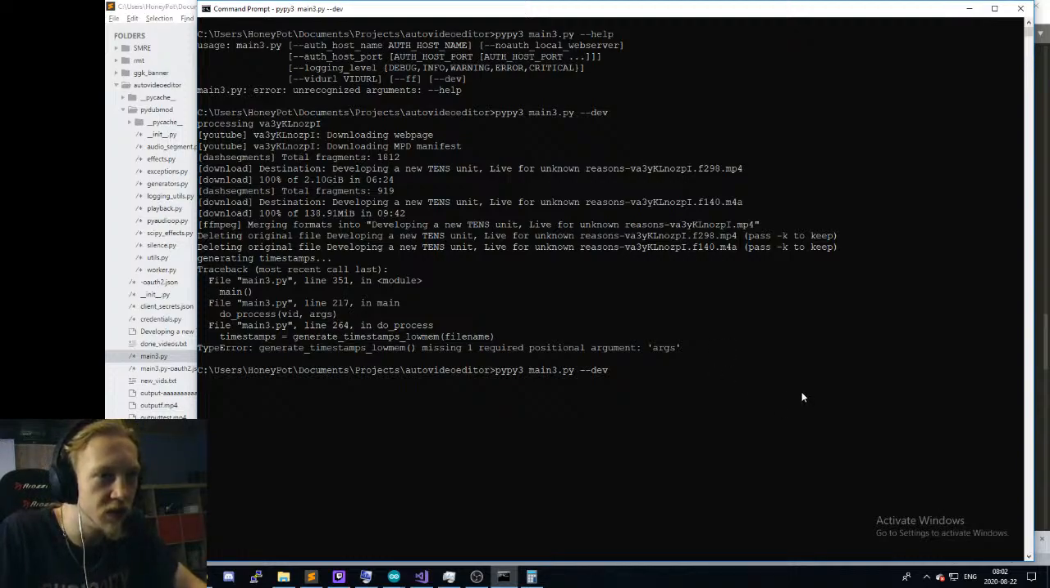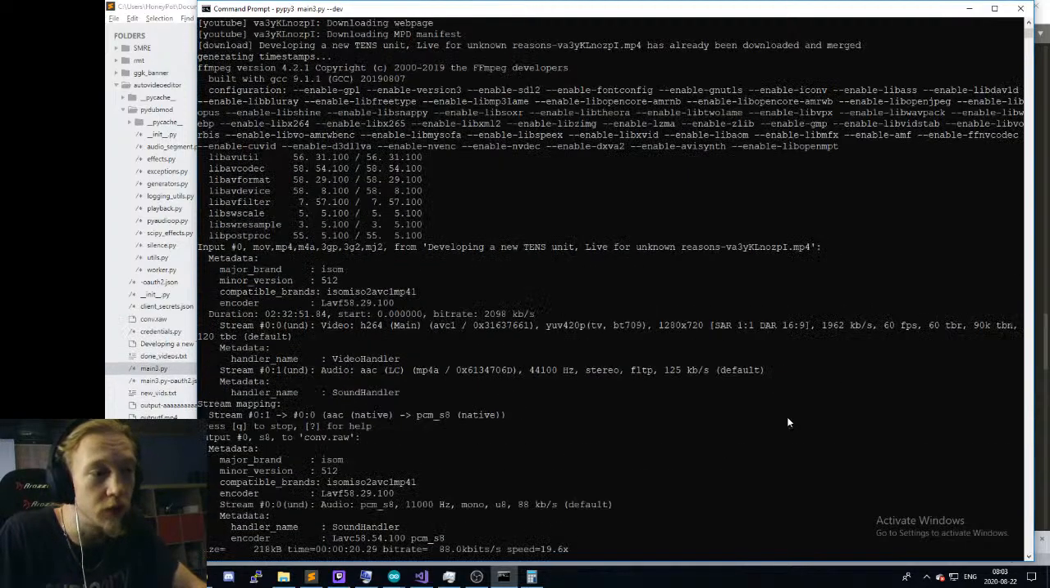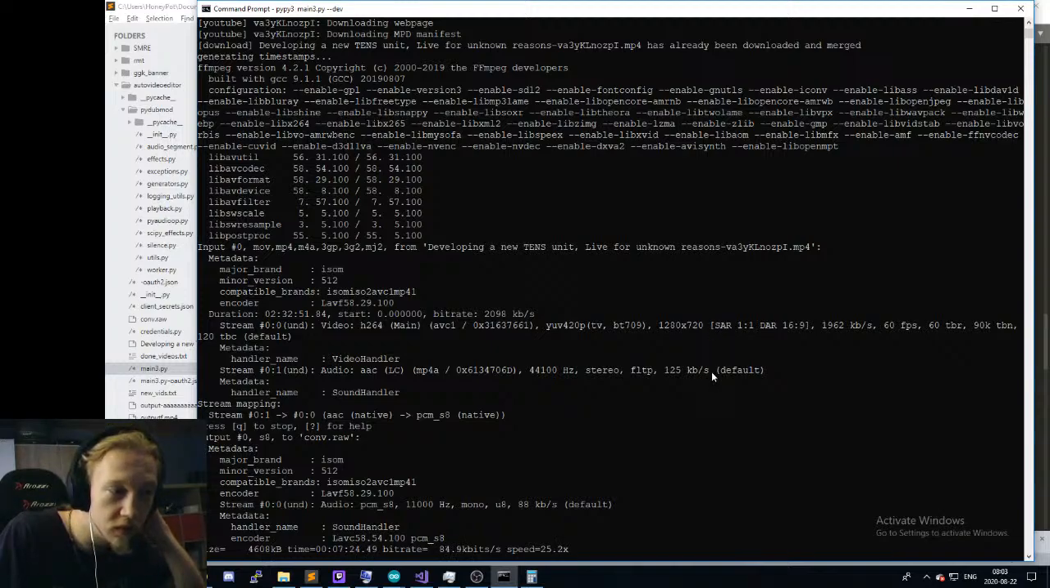We'll do from dev, and it will detect that the video is already there. And because it's on camera, it won't do that. Oh, it will, it will. And now it enters the do process, and in do process, it enters get timestamps, and in timestamps, it spits off this FFmpeg thing, which will convert